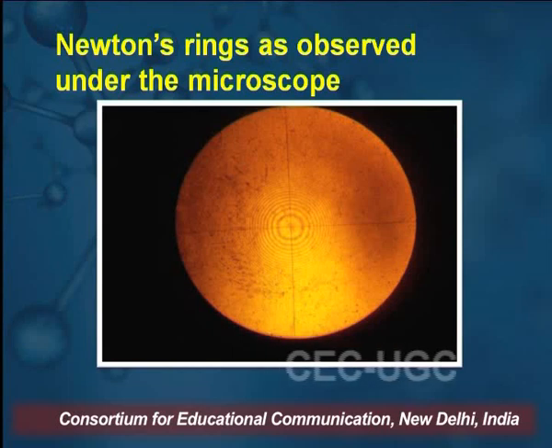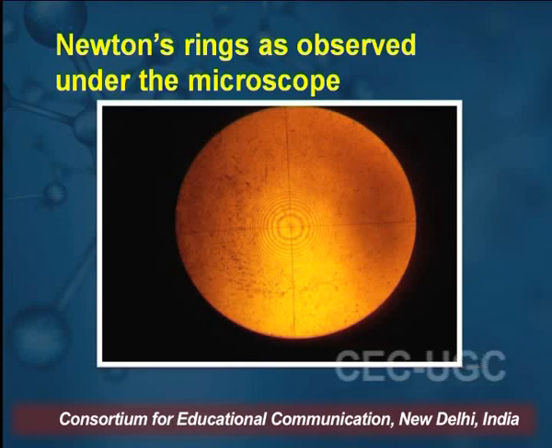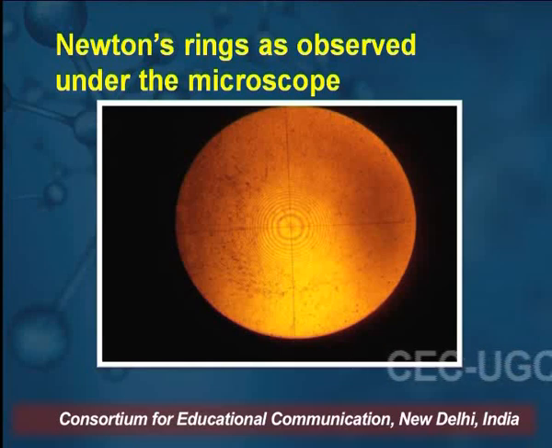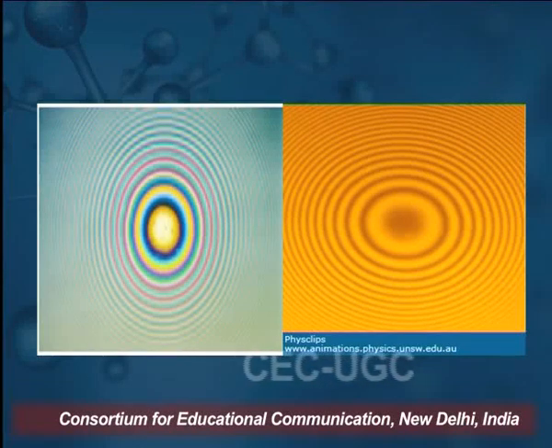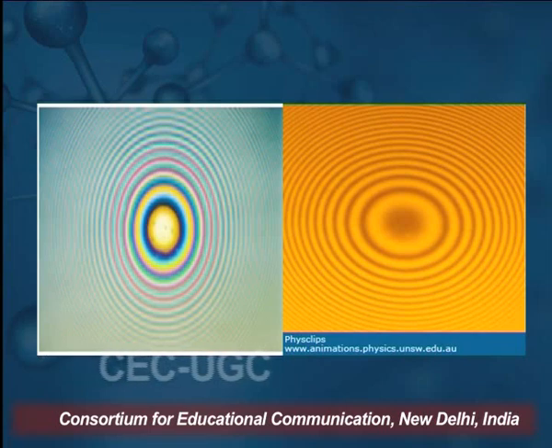Newton's rings are observed under the microscope, and you are seeing here that there is a crosswire on this microscope, and we put this crosswire by counting the rings, and by putting the crosswire at a particular ring, we can calculate the diameter of that particular ring, which gradually increases on the left hand side and on the right hand side. Now you see, these are the two arrangements. On the left hand side we are seeing the output from the mercury lamp, and on the right hand side the output from the sodium lamp.